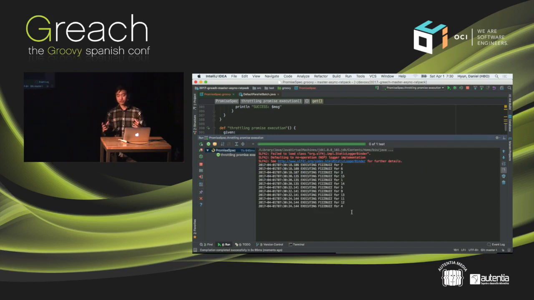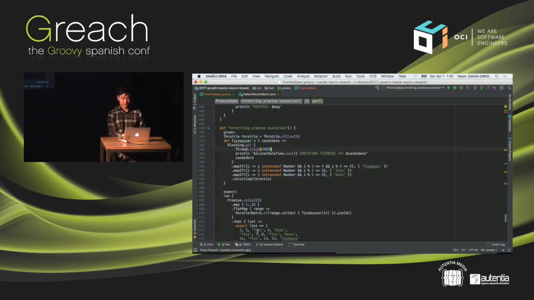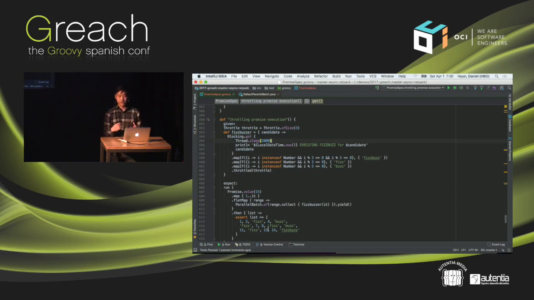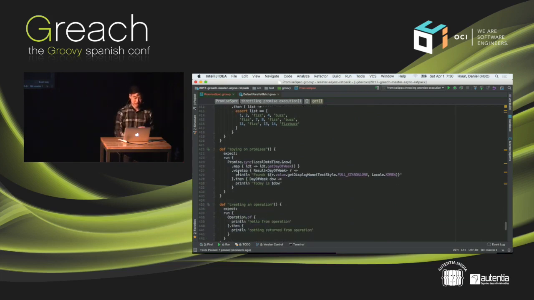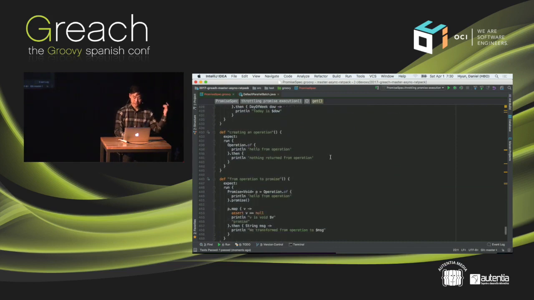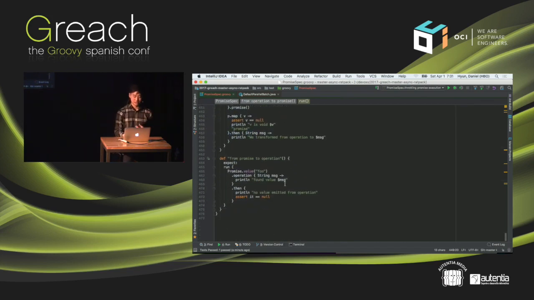I'm trying to impress upon you the real value of Ratpack, which is that if you can't find a way that you'd like to represent the flow of your execution, you can always use the lower underlying execution API in order to produce the kind of behavior that you'd like to see. Another thing you can do is spy on promises by using wiretap. There's an example there. And then operations are basically promises of void type. You can think of an operation as a unit, something that just doesn't produce anything. It's just some asynchronous code that you'd like to tie in. And you can turn operations into promises and promises into operations.